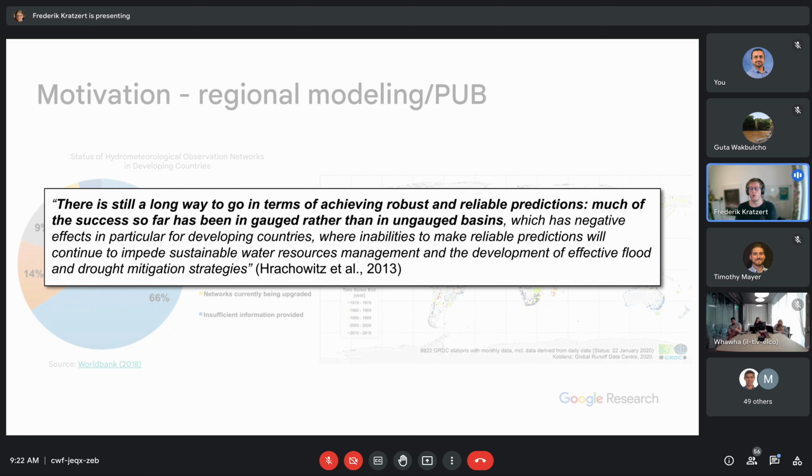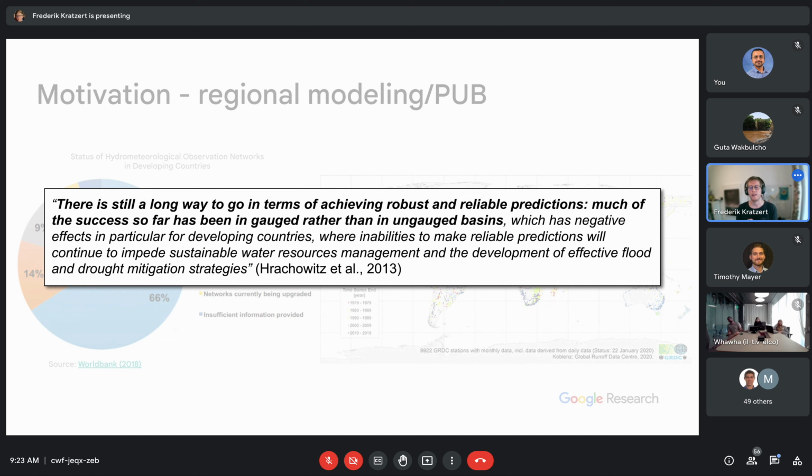So the question is, how well does the LSTM generalize to unseen basins? So far, everything that I've shown you was just evaluation on time splits, meaning that we train on certain years and then we evaluate on different years, but using all basins in the training data set. So how good are we if we exclude basins from the training data sets and then only use them to evaluate? Because an often heard critique is that deep learning models only overfit to training basins and they're just fitting numbers and don't understand the system.